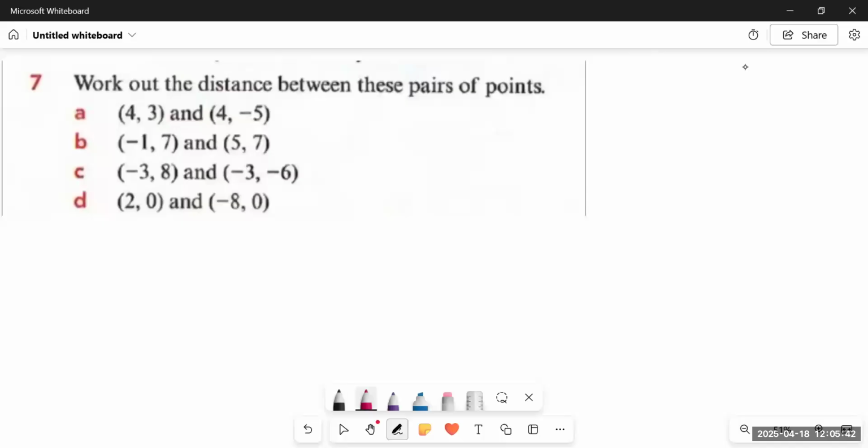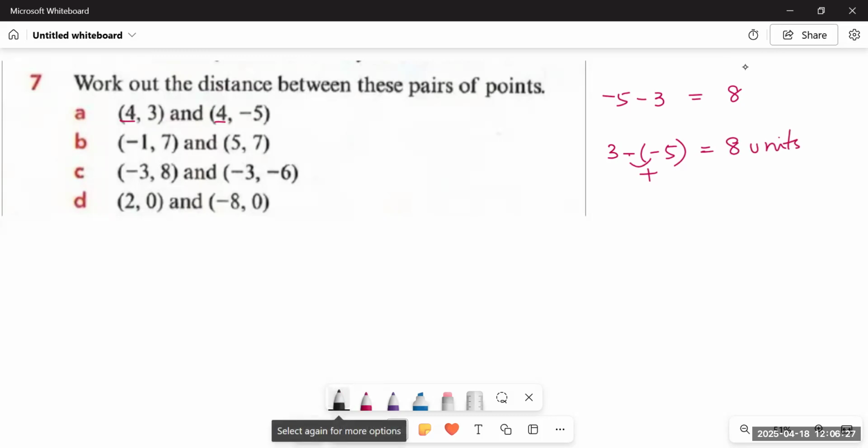Now we have to follow the pattern in question number 7. That is, now we are provided with these type of pair of points, and we have to find out the distance. What are we going to do? So we will see which of the coordinates is constant, that is x coordinates. We will go for minus 5, minus 3. Or you can do it like this. 3 minus 5. Just make sure that your answer should be positive. Minus 5 minus 3 equals to 8. We are not going to write it as minus 8 because we have discussed it in question number 3 and 4 as well. 3 minus 5 means 3 plus 5. Minus becomes plus. 3 plus 5 is equals to 8 units. So the distance between the first 2 points would be 8 units.